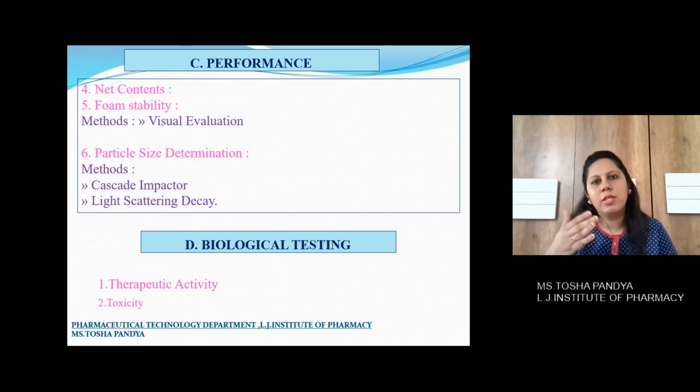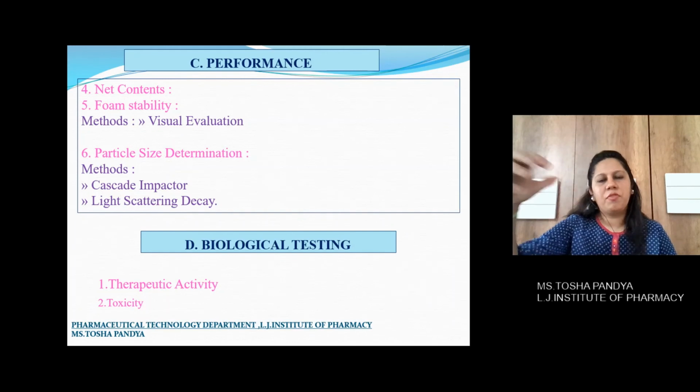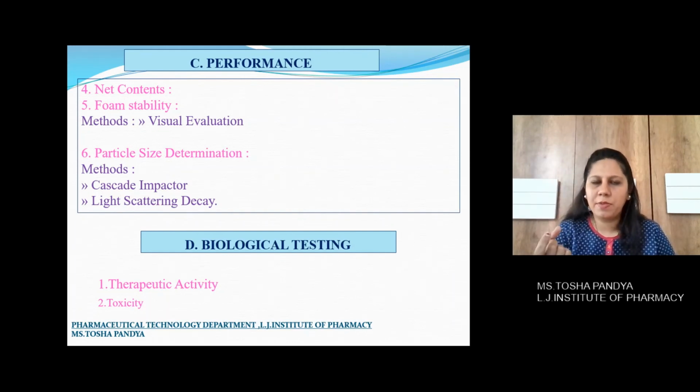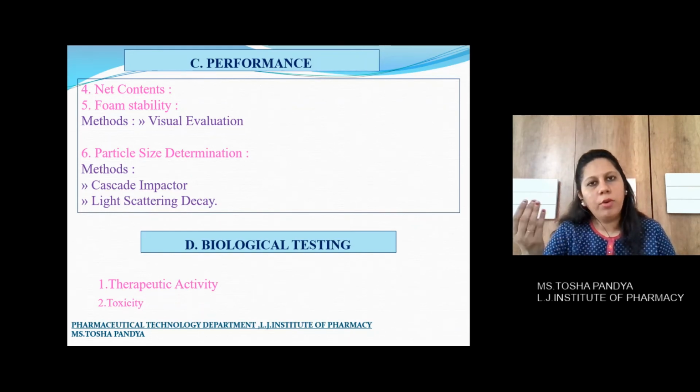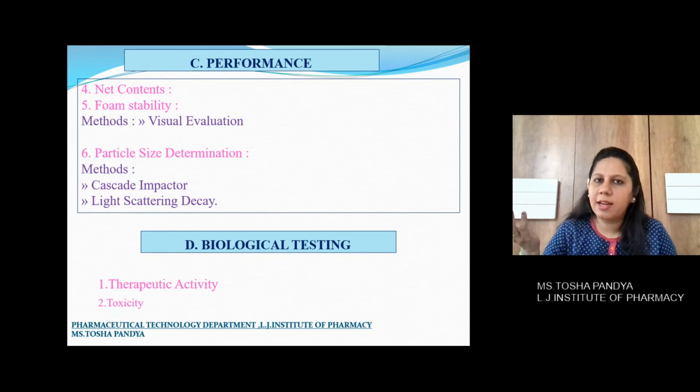The cascade impactor you will see in detail in later semesters, but to give you a brief overview, it is a tiffin box like arrangement, and like the sieve shaker in your physical pharmacy experiments, you have different sizes of sieves arranged at each stage. There are 7 stages which resemble our lung. The product, if it is a dry powder, is filled in a capsule and then forced with the help of outlet air, and then you count the amount deposited on each stage, which will give you how much is reaching into your lung. And light scattering decay is the normal method used for determination of particle size.